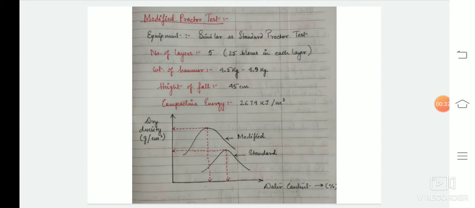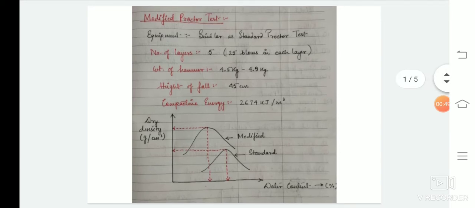During the previous class, we discussed compaction and how it can be achieved in the laboratory using the standard Proctor test. In today's class, we will discuss the modified Proctor test. So what is the modified Proctor test? The modified Proctor test was developed to give a higher standard of compaction. This was mainly standardized by the American Association of State Highway Officials and is also known as the modified AASHTO